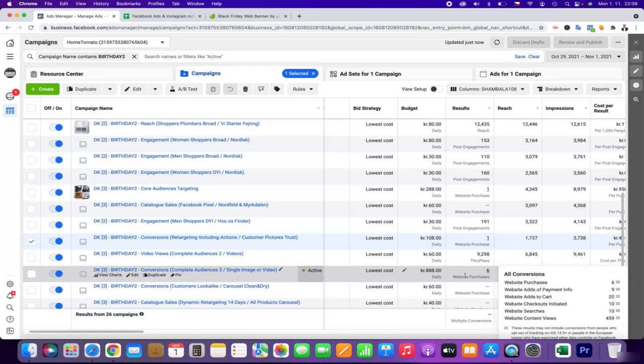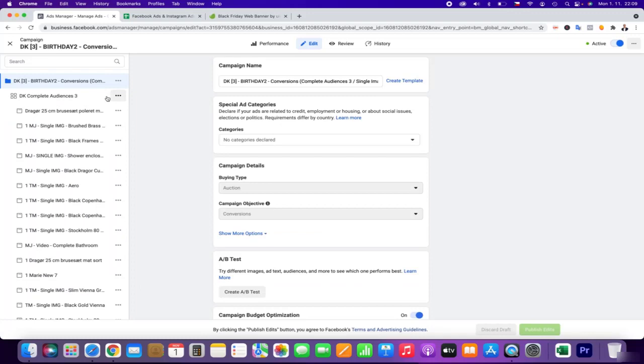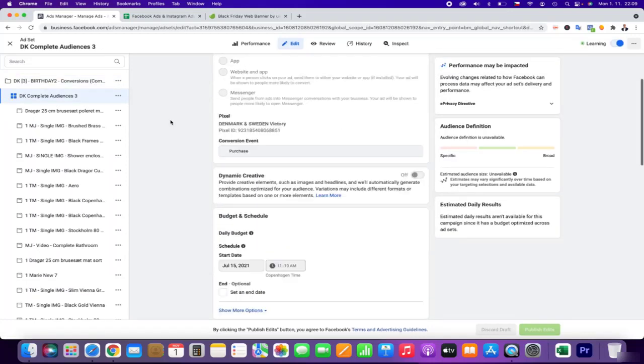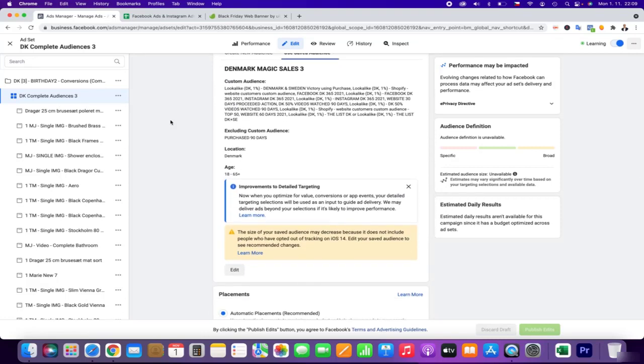This is what I call my main conversion ads. It's basically, as I was showing you, this combination of lookalike custom audiences, and with this improved data targeting, because I have been using more aggregated events for sales.